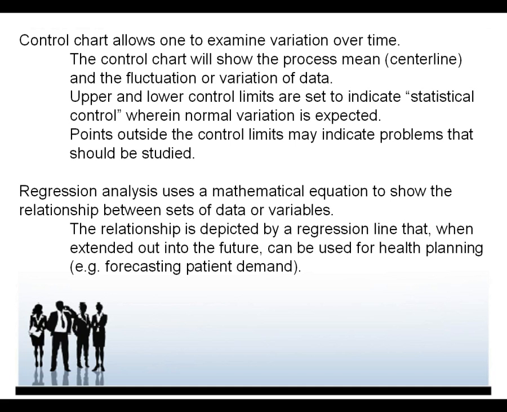over time. So the control chart will show the process mean center line and the fluctuation of variance of the data. Upper and lower limits are there to indicate statistical control, wherein the variation of the thing that you're measuring is to be expected. So looking at points outside of that limit would indicate, hey, I'd like to focus my attention on that